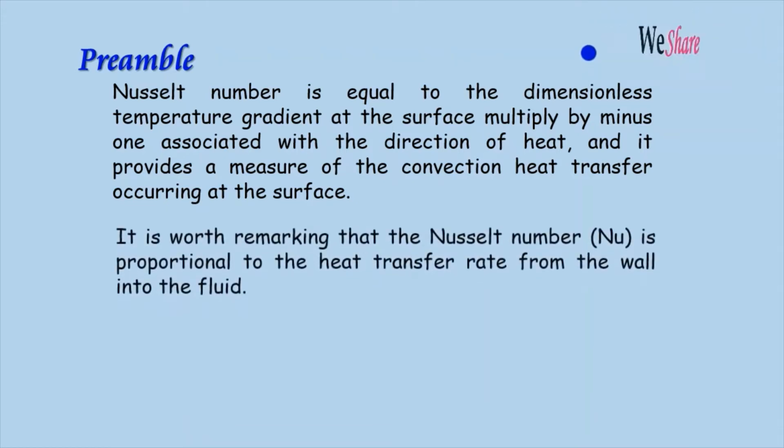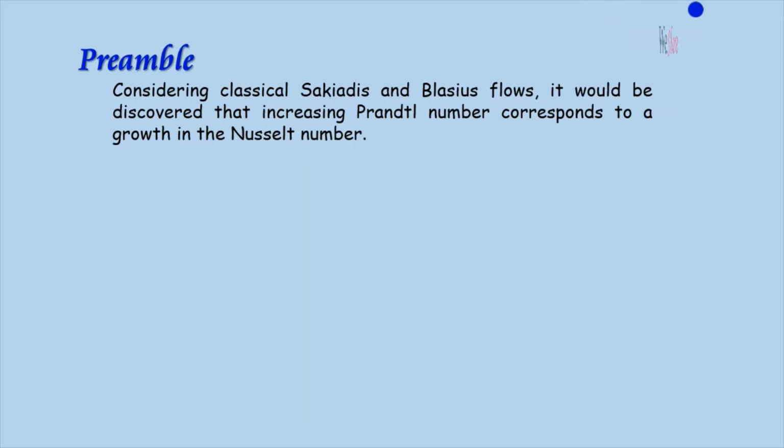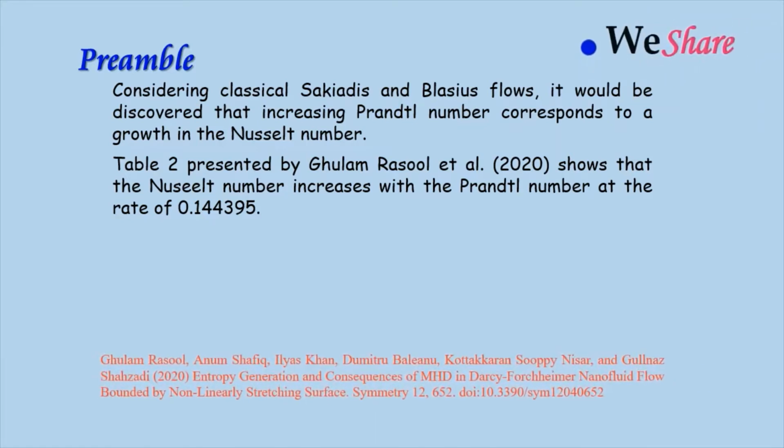It is worth remarking that the Nusselt number is proportional to the heat transfer rate from the wall into the fluid. However, nothing is known whether the proportionality is direct or inverse. Considering classical Sakiadis and Blasius flows, it would be discovered that increasing Prandtl number corresponds to a growth in the Nusselt number. Table 2 presented by some scholars in the year 2020 shows that the Nusselt number increases with the Prandtl number at the rate of